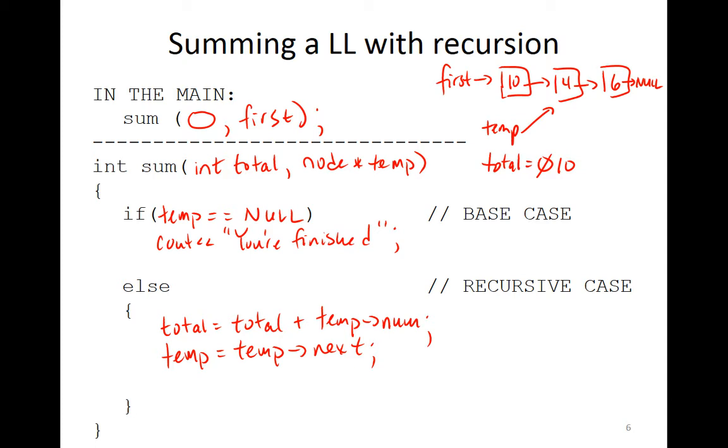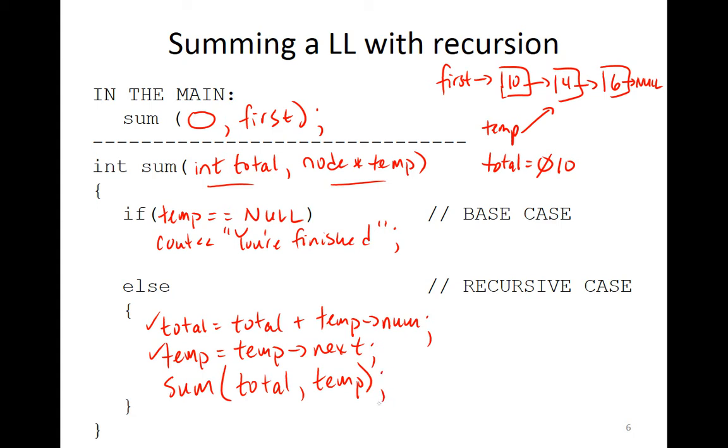Okay? So I could say sum. That's the name of the function. So call the function again. And send it, let's see. So now thinking about the function, right? So the function has two parameters, total and temp. So now total got updated, right? So if I send it again, or if I send it down here, it has been updated. So in our example, it would be 10 right now. So that's good, because I want to remember that you've updated it, right? Okay. So total is okay. Temp also got updated. So when I send it